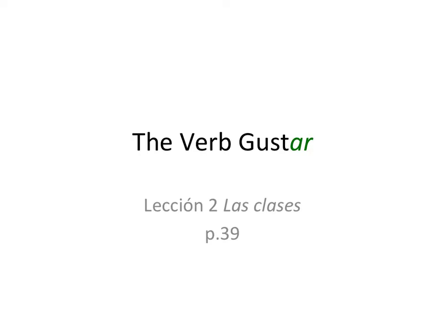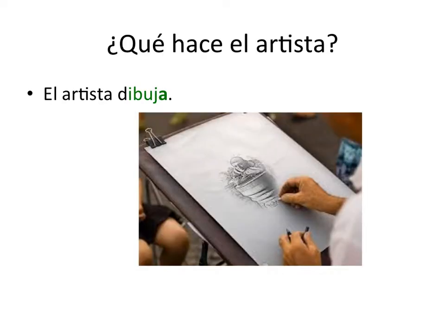Ok, chicos, y para empezar, el libro clasifica este verbo gustar en la página 39, inmediatamente después de la página 38, because technically it's an AR verb. But before I explain anything further, please note that this verb has nothing in common with the verbs on page 38. Absolutamente nada, okay? It's like on a different planet in terms of how it works grammatically. No, it's irregular. It's just like diferente.